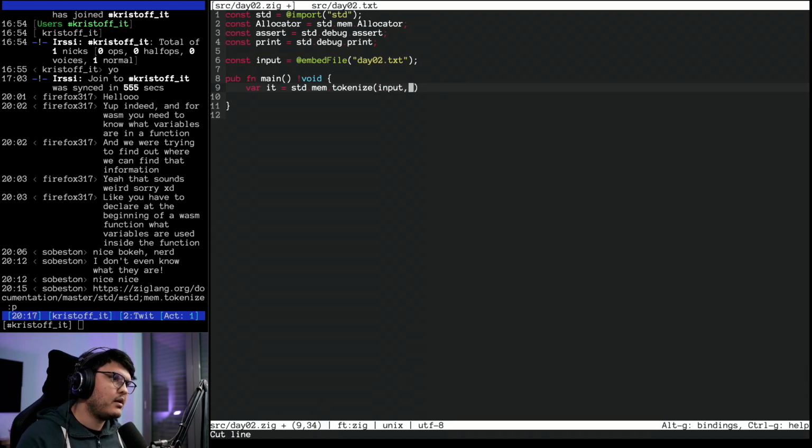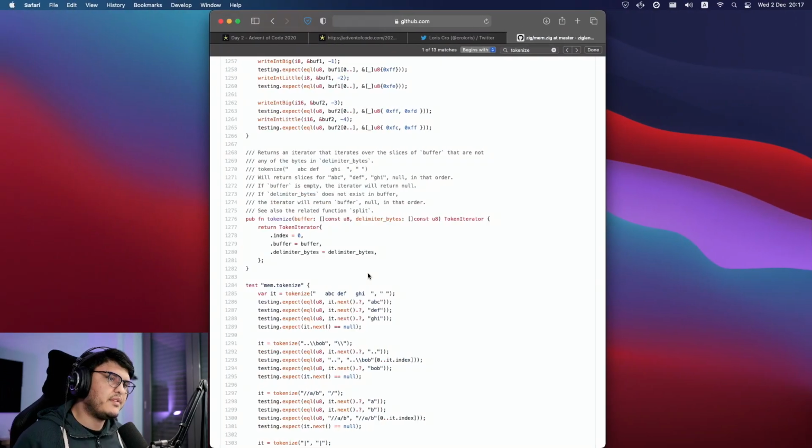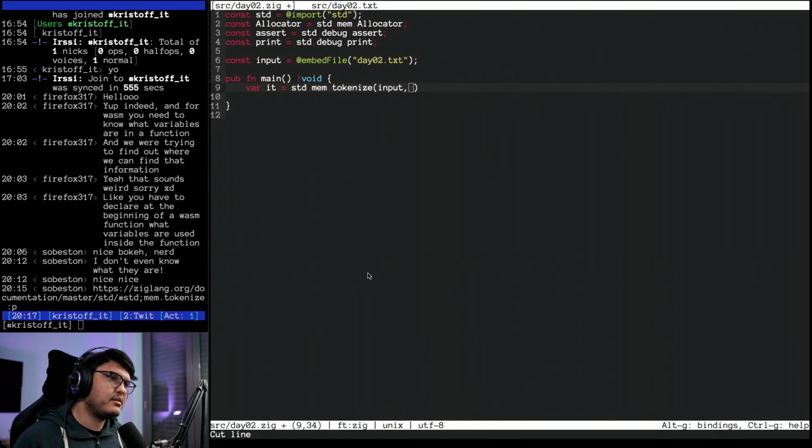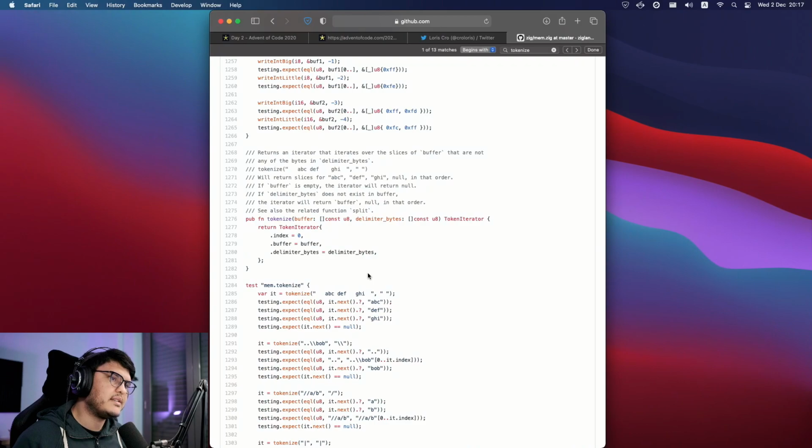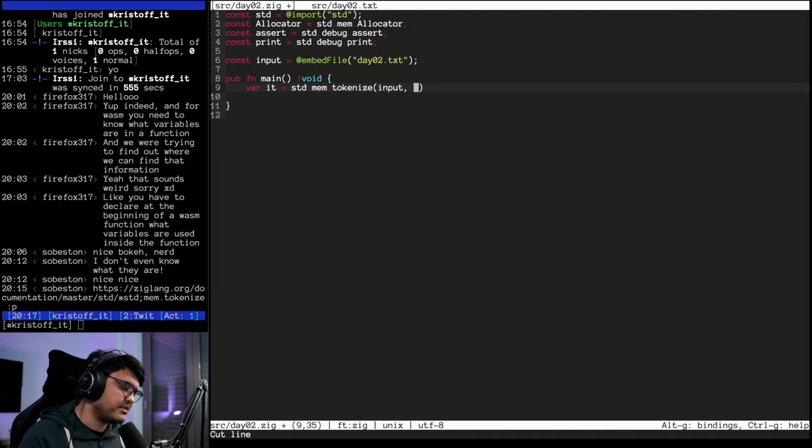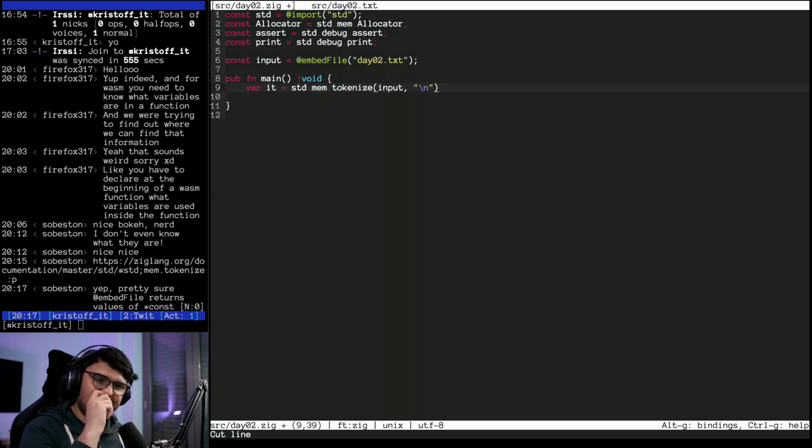We'll see. So we need to give it that. Then the delimiter bytes, I guess, is just a new line. Oh, but it has to be sliced, so we can do this. And of course I have code doubling, that's annoying. Pretty sure embed file returns values as a pointer. Thank you.